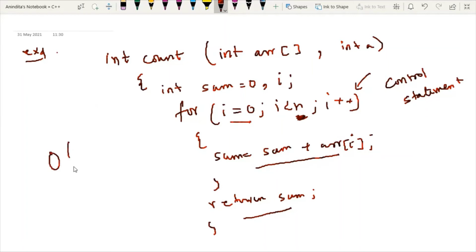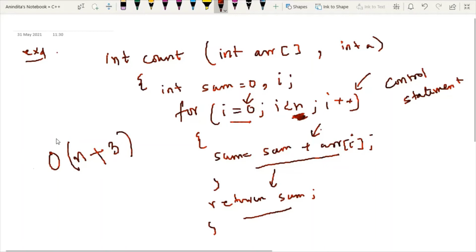It should be n, which is the number of times this loop will execute, plus we have one arithmetic operation, one assignment operation, and one return statement. So 1 plus 1 plus 1 is 3. So basically the time complexity of this code will be order of n plus 3.